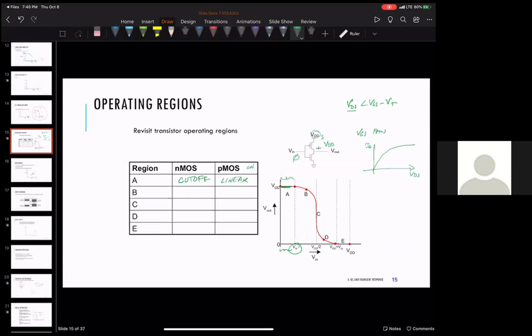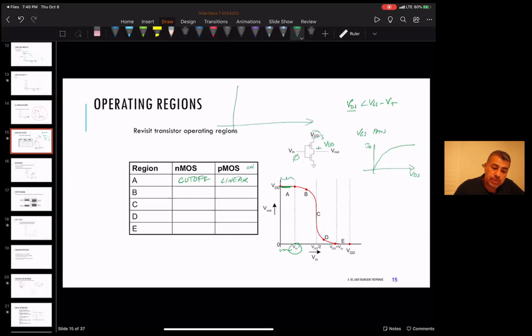So if the transistor is considered on, is it going to be in linear all the time, or is it just? No, so remember we basically had